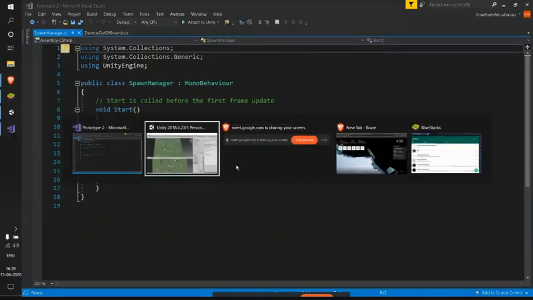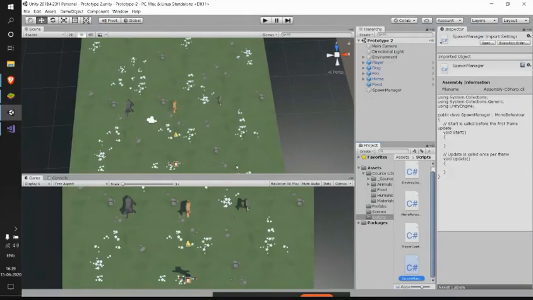So let's first see what we are going to do. With this spawn manager, we need to get the behavior that these animals, we have three animals in our scene as of now, get generated randomly and at random locations.